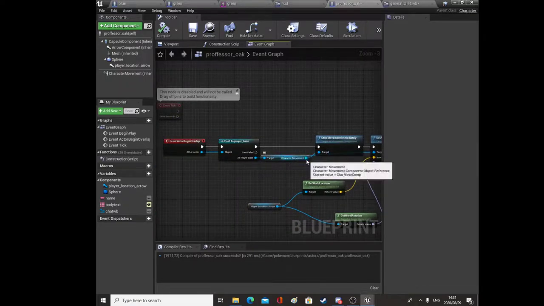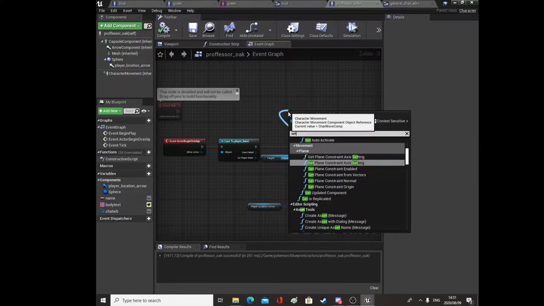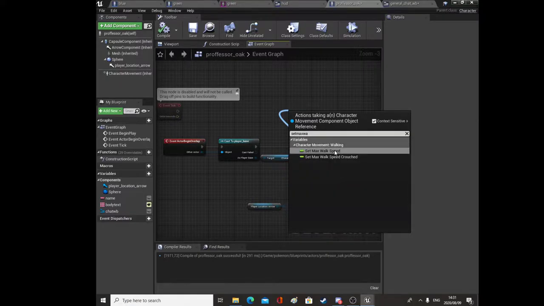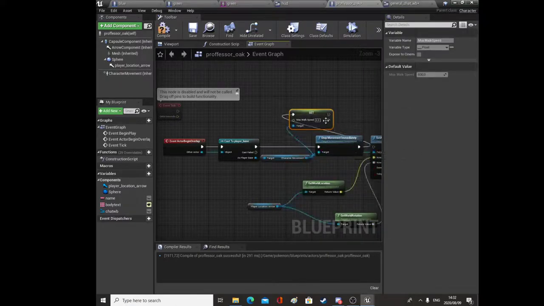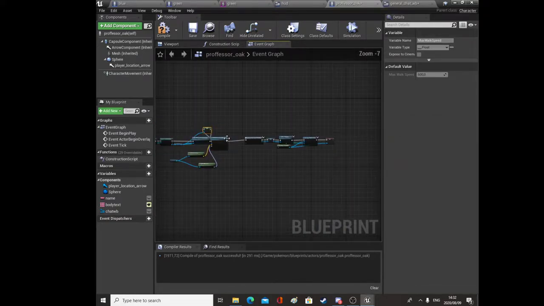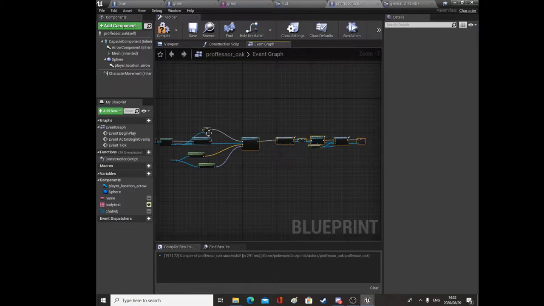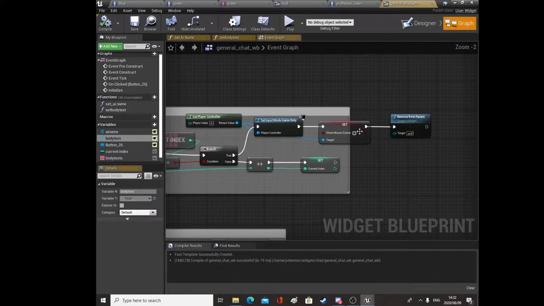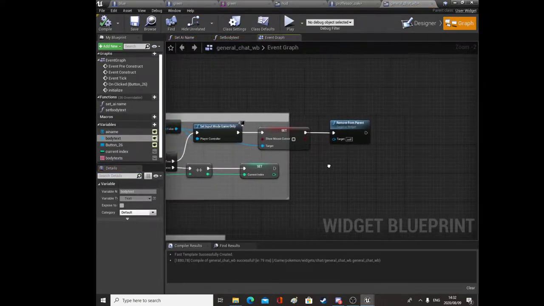When we stop the movement immediately, we want to set max walk speed to 0. Alright. Let's give ourselves more space here. I don't like them sitting up like that. Compile. And go back to the chat WB, also in the graph, and